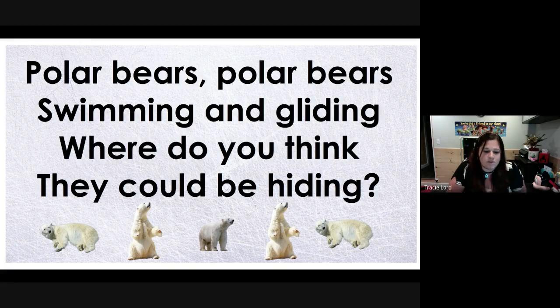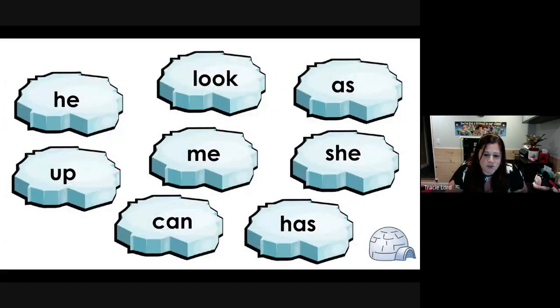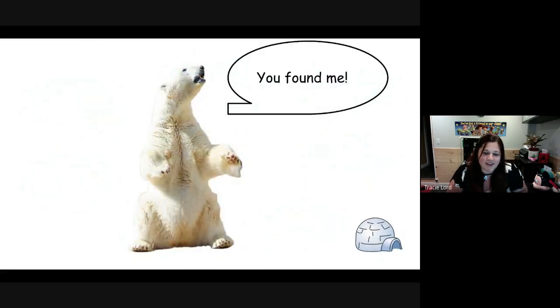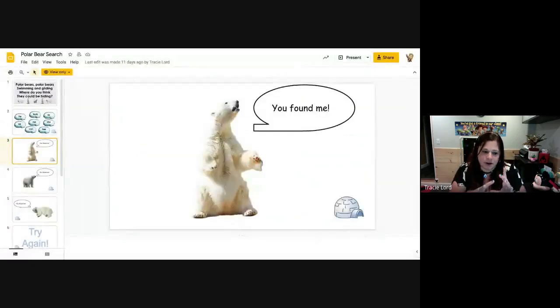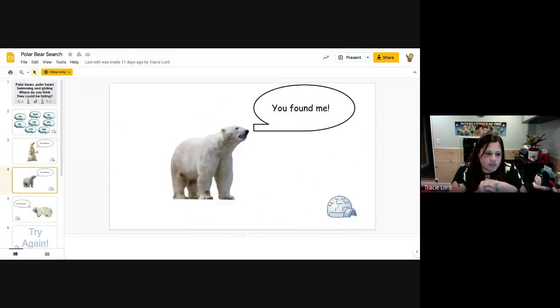So if you click on one of the bears at the bottom, so this is a sight word one, they have to say a sight word and they're looking for the hidden polar bear. So if I said "me," Katie will click on "me" and, oh, figures. That's totally random, but that happened to be where the polar bear was hiding. So in that game, one of my slides has this polar bear on it, as you can see. So Kate, if you want to go to slide 2,